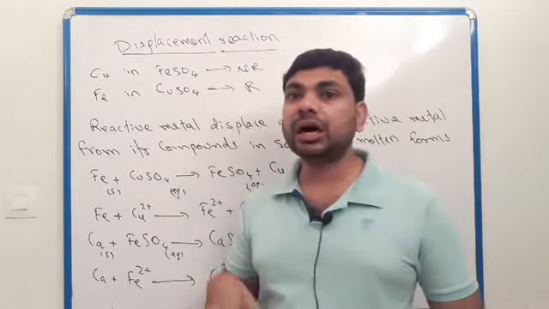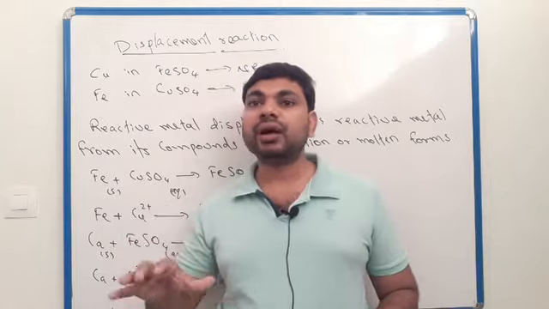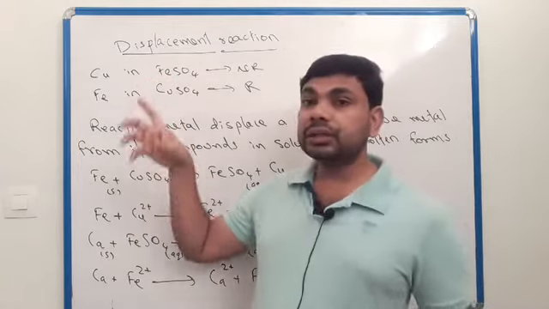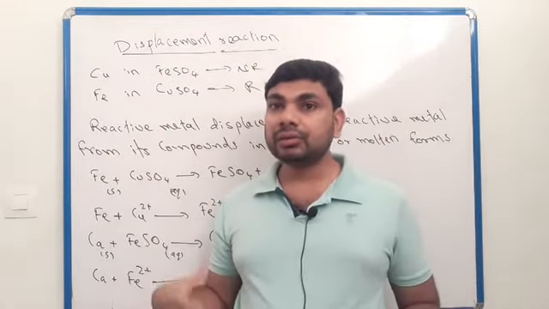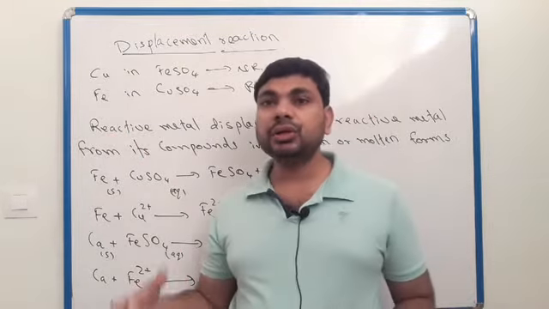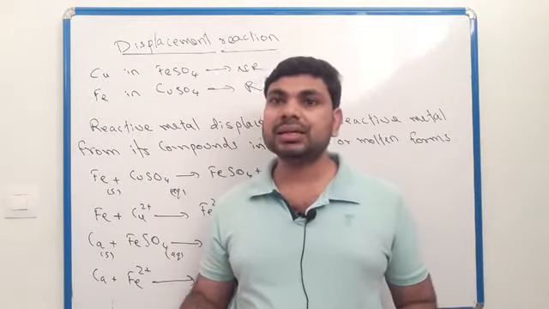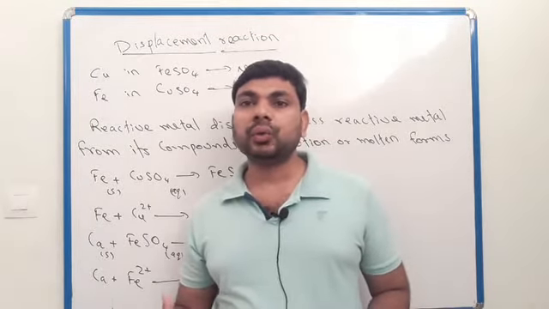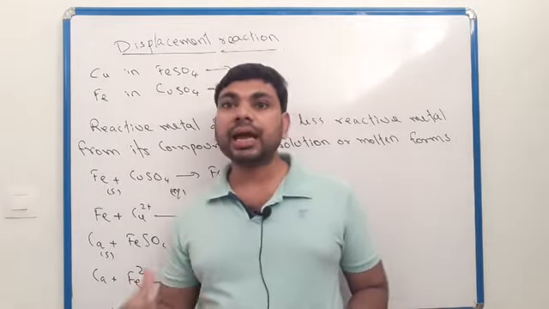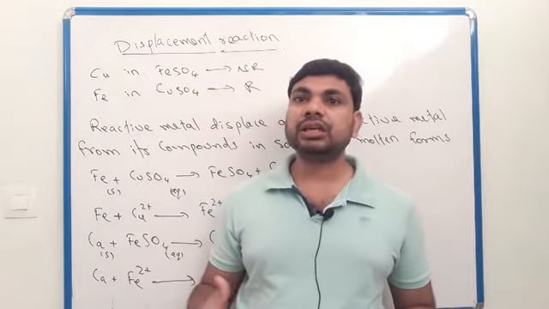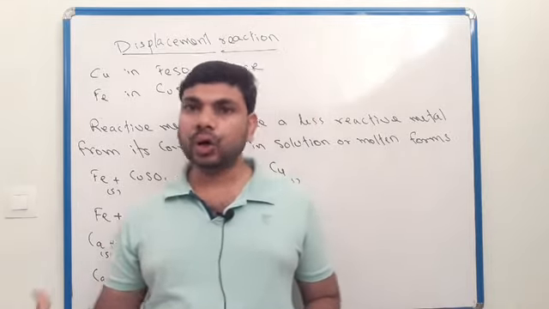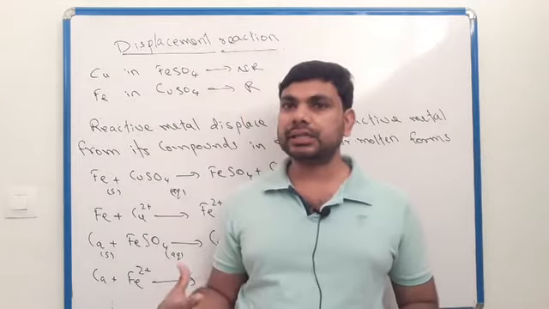We already discussed how to find the reactivity of different metals. When you react iron with dilute acid, there will be a chemical reaction, there will be bubbles of gas. But when you put copper with dilute acid, there are few bubbles or no chance to produce bubbles. In this way we can find the reactivity of metals, which metal is more reactive and which is less reactive. We already discussed this.